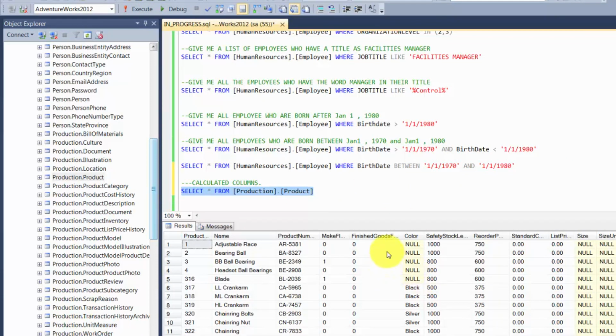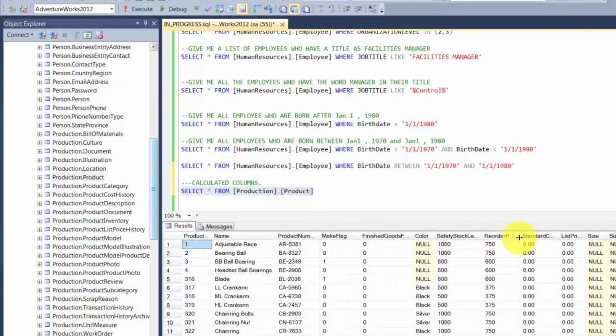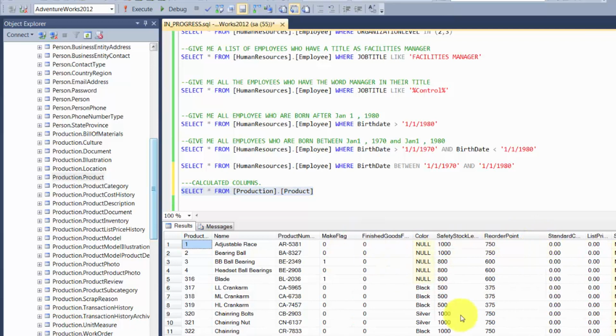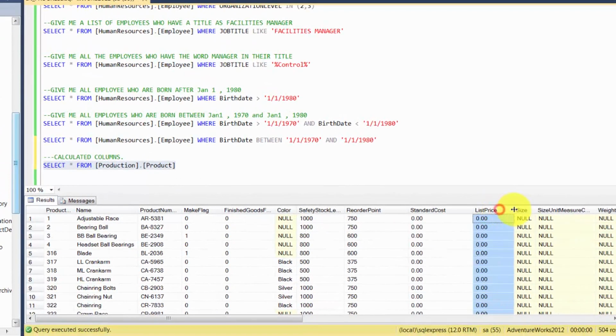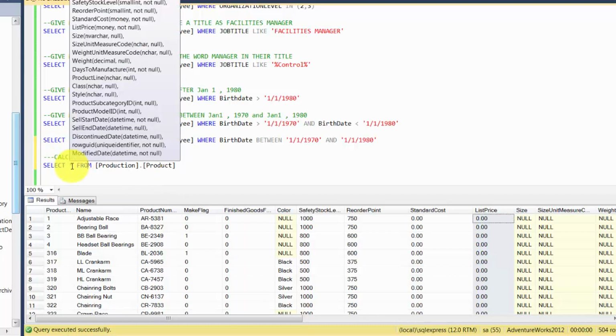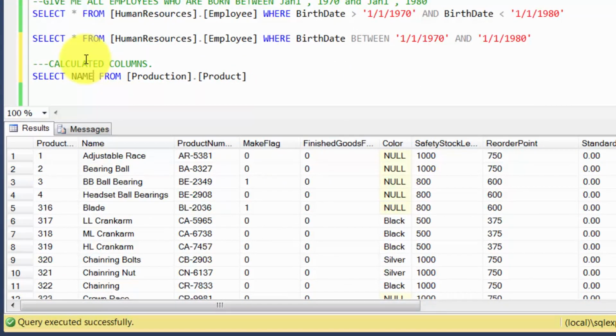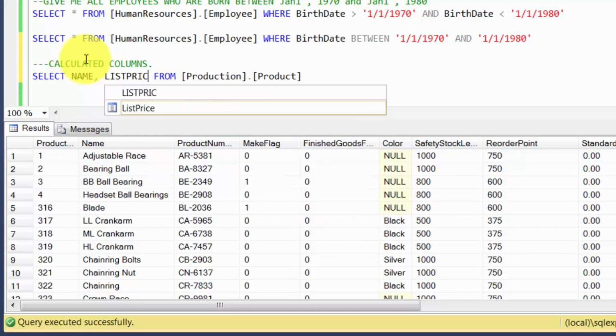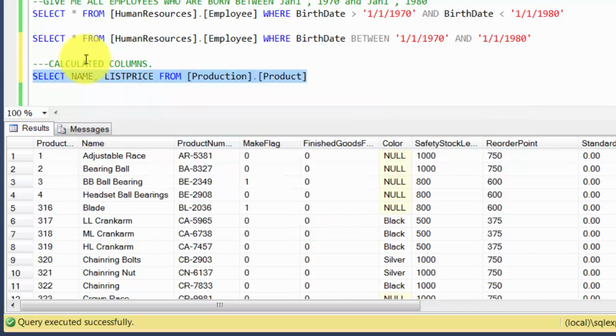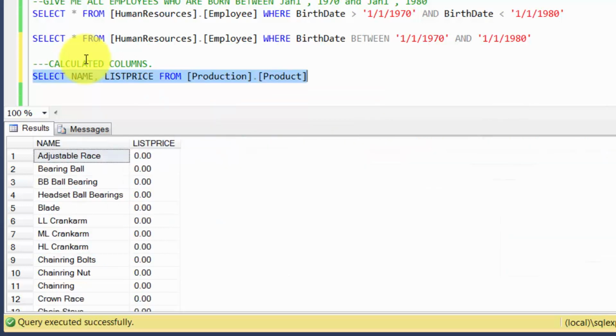Okay, so here we have some good data, and we have list price. Okay, so let's look at some narrow range. Let's look at the name and the list price, so that we don't look at all the infinite number of columns that this table has.